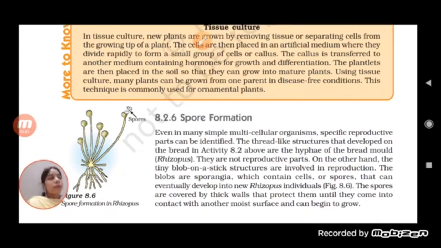But it is not only sexual reproduction that takes place in a flowering plant; asexual reproduction is also responsible for giving rise to a new plant, and this asexual reproduction can occur from any part of the plant. Like we can take a stem, or the bud of the notches present in the potato. And in the last class we studied how the buds present in the potato,